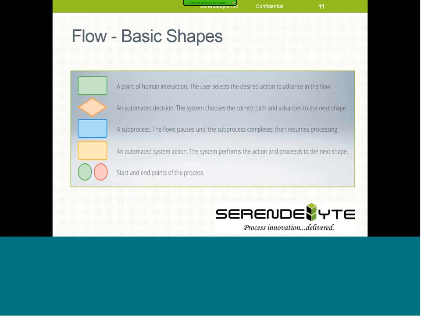If you want to see all your flows in a step, then you have to create an individual step and add your flows, and then you can see them in the entire process in the case type. If you are creating a flow alone, it's inside the case type, but you're not able to see whether it's present in your case type or not. You have to go individually, open your flows, check your subprocess, and open the other flow. It's not associated with your case types. You can call it anywhere, right? So it's not associated with your step. It's an individual flow if you are calling it as a subprocess. And automatic system action,